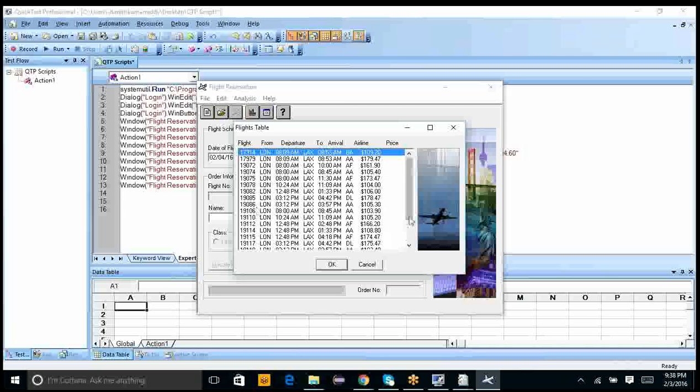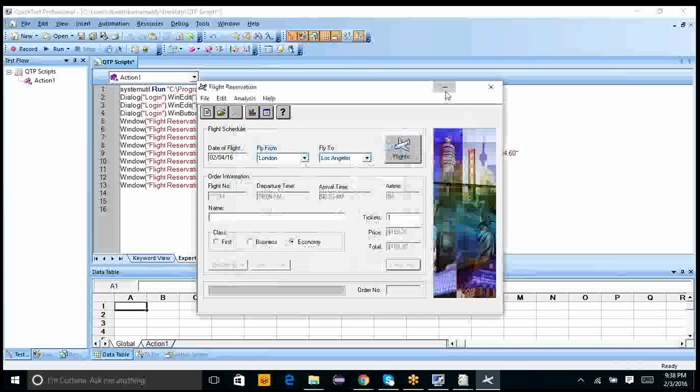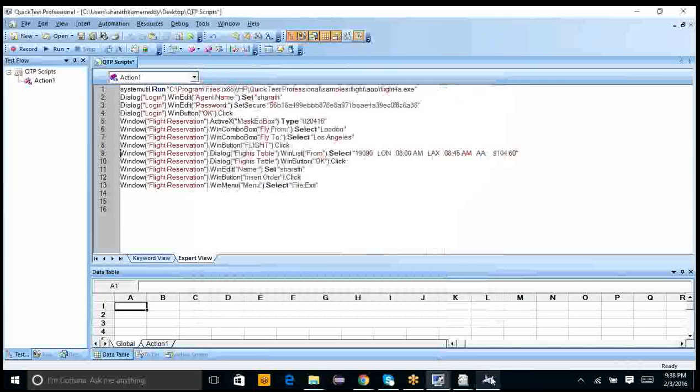Why is it not there? Because yesterday you booked a flight at a different date and today also a different date. That flight is not at all available. That is the reason you are getting the issue. This is called a test data issue, not a QTP issue. So in line number 9, it tries to enter the date and select that flight, but it's not available in your objects at all. So go back to QTP now. Close this one.